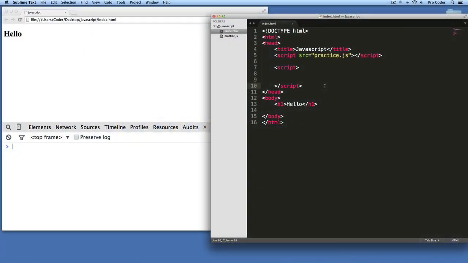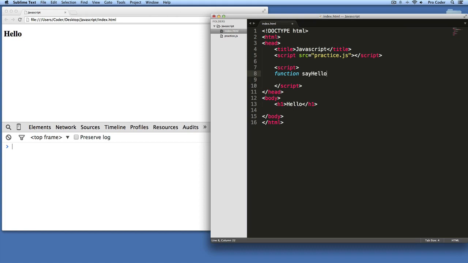We use functions in JavaScript to manage reusable blocks of code. That way we don't have to keep retyping things that we need to reuse in multiple parts of our actual program. So let's look at how functions work. You write a special keyword, function, and then give it a name,